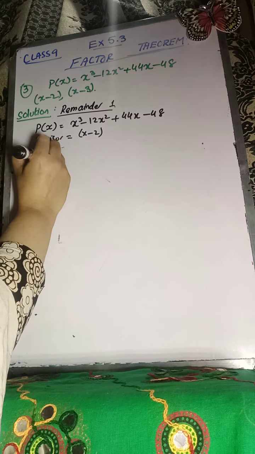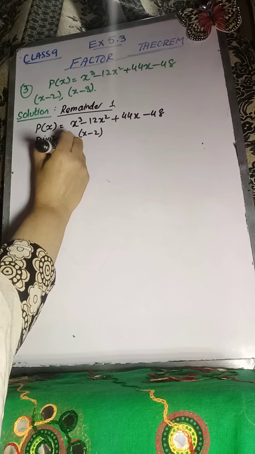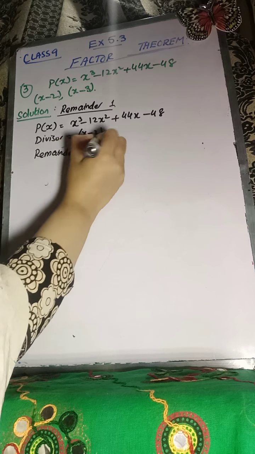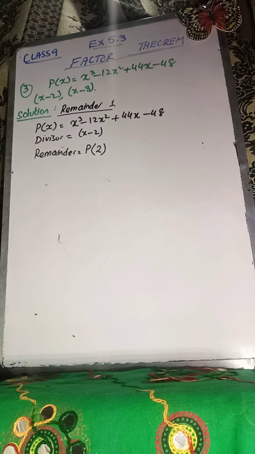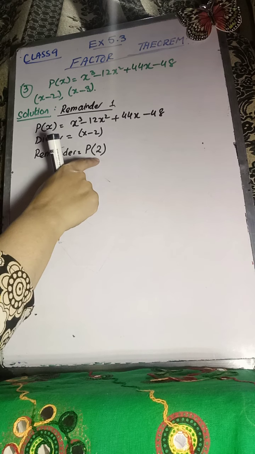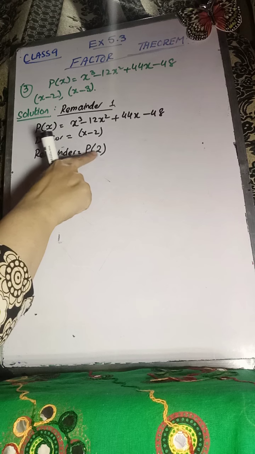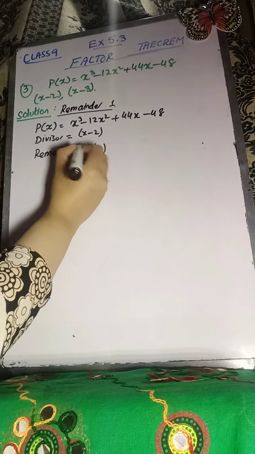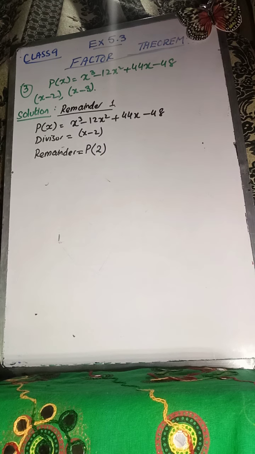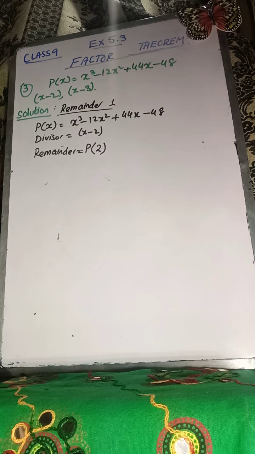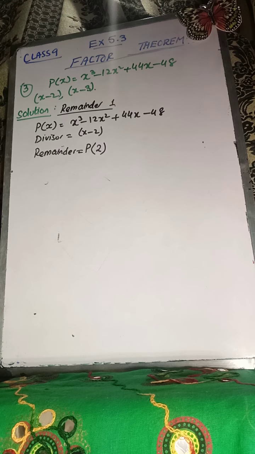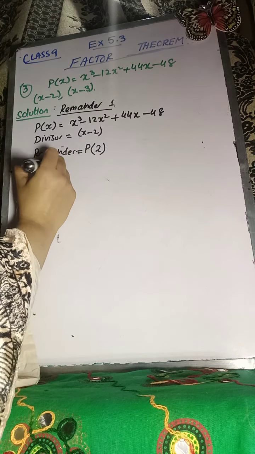So in order to find the remainder, by the remainder theorem we can easily do that by finding the value of this polynomial at the point 2, because 2 is the number which is subtracted from this x and it is a linear divisor. So applying the remainder theorem, the remainder will be p of 2. Now the remainder in this case will be